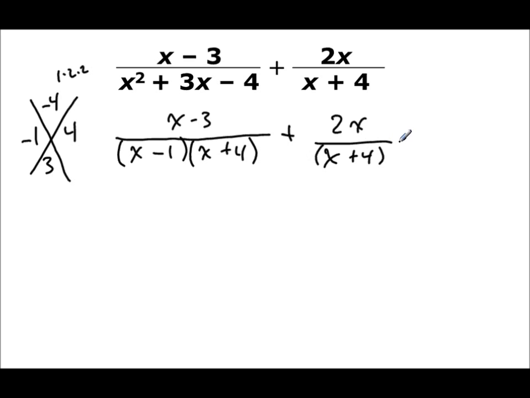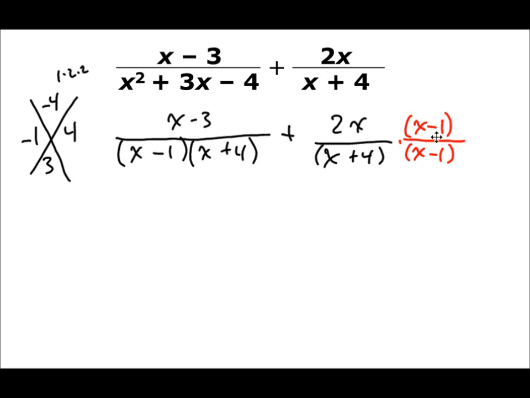So the trick here is just like we did with our numerical example. I'm going to place an extra factor of x minus 1 in the denominator, and to ensure that I don't change the value of this fraction, I'm going to match it with the exact same factor in my numerator, because